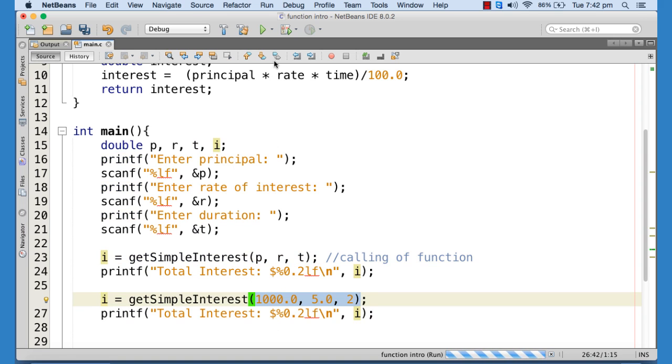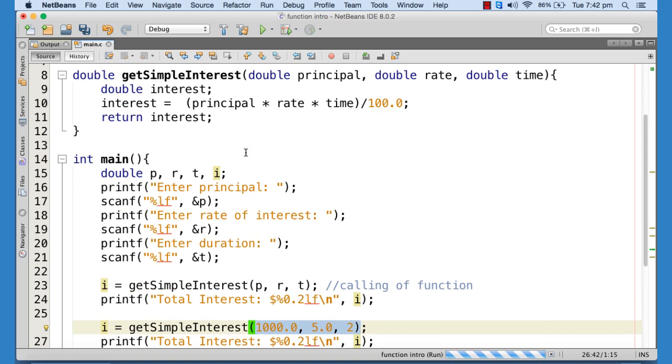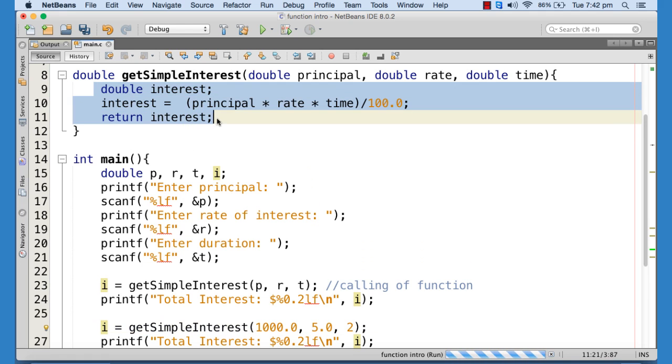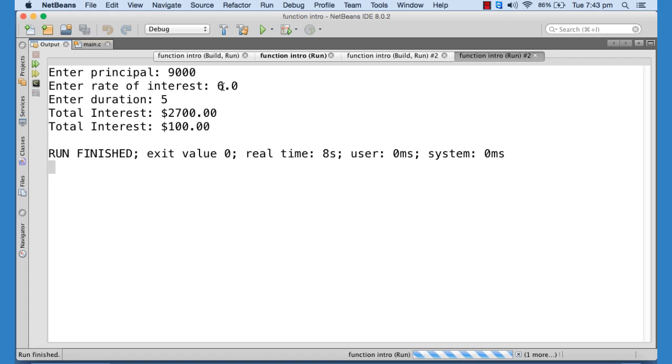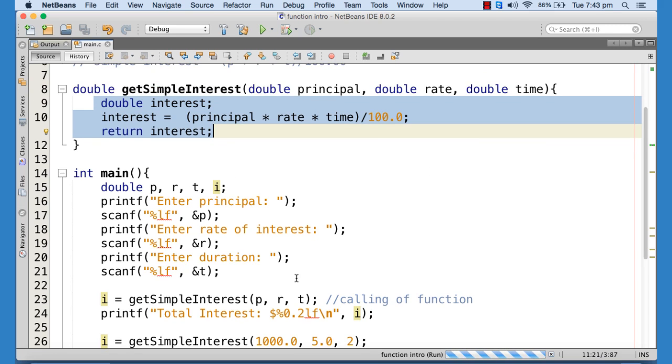Okay, so that's the benefit of writing a function. One of the benefits is that we do not need to rewrite the code. The code is written once here in this module, and we can use this code as many times as we need. Okay, I'm running. First time, say I'm giving $9,000 and say 6% interest for duration 5 years. And you can see that this is for these parameters,